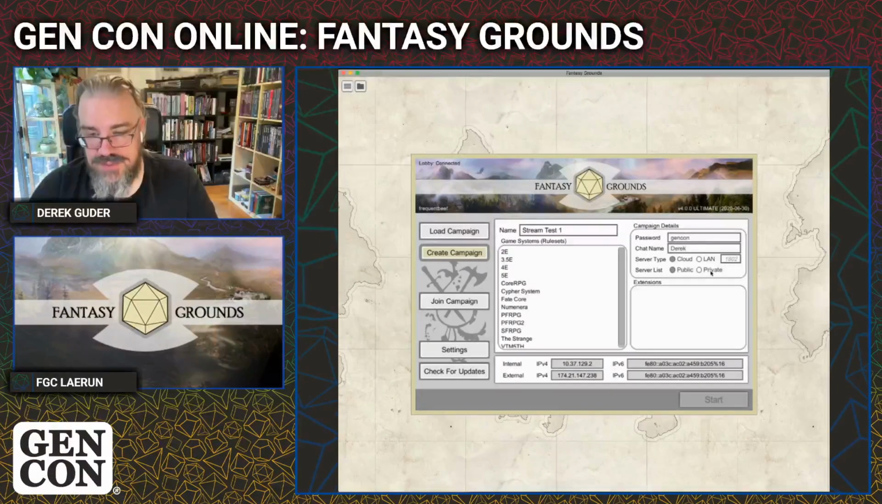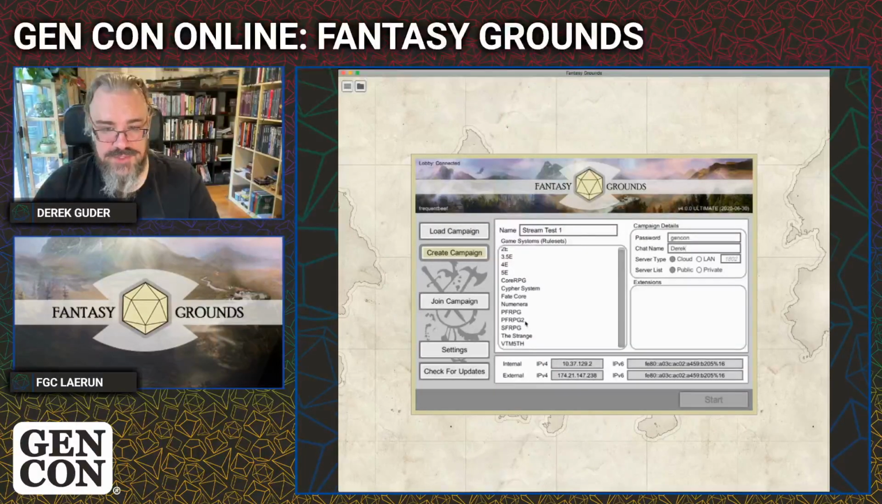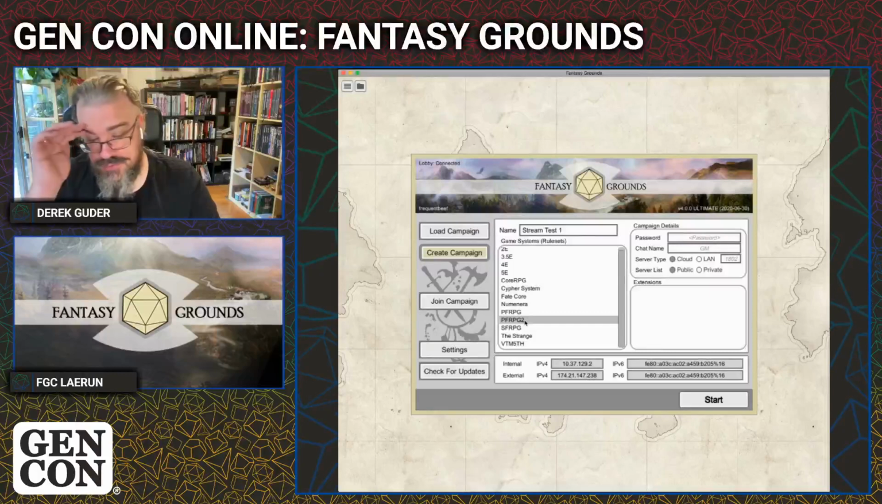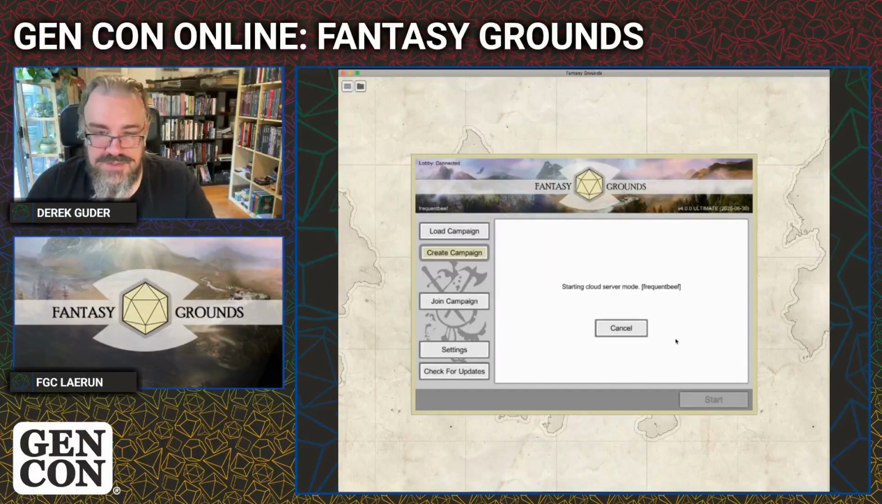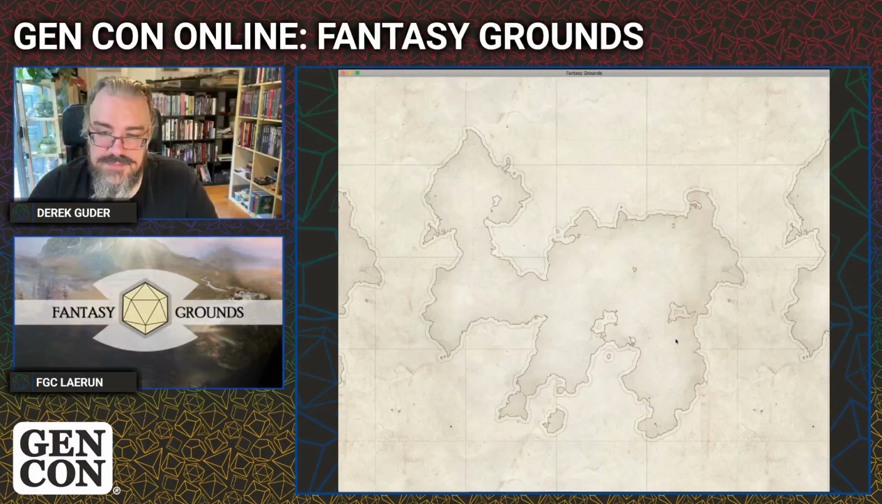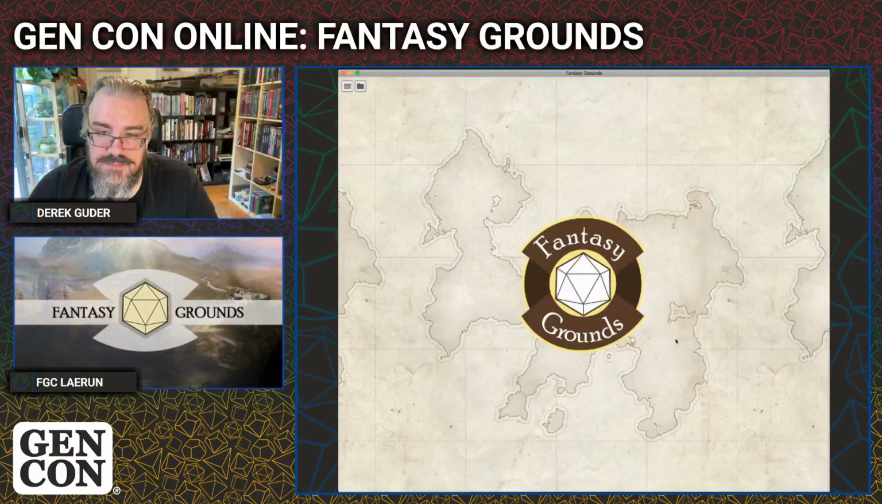Great. Yep. So the password, as you can see here, I've just set as Gen Con, just to keep it simple. Yep. And why don't we start with Pathfinder 2? Oh yes. I think we have a rule module set for that. Oh, it looks like I need to re-enter the password and my GM name. But I'm going to start that, and it's going to start up the cloud server. Yep. So I'm going to wait a couple minutes, and then once your table is closer to being loaded up,